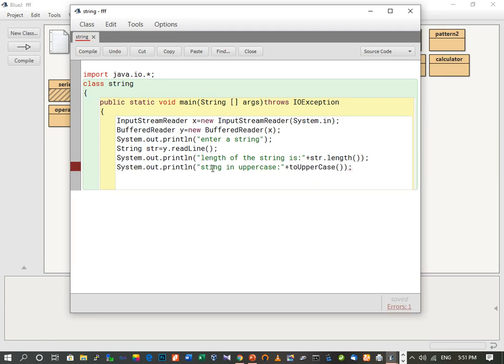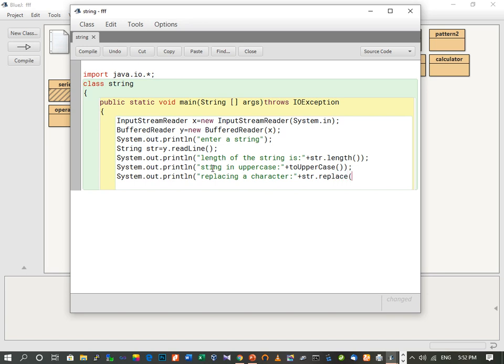Then the next function which we will use is to replace a character with a new one. So replacing a character. For this we have to use the function str.replace.